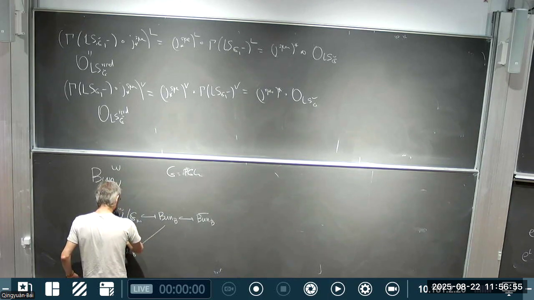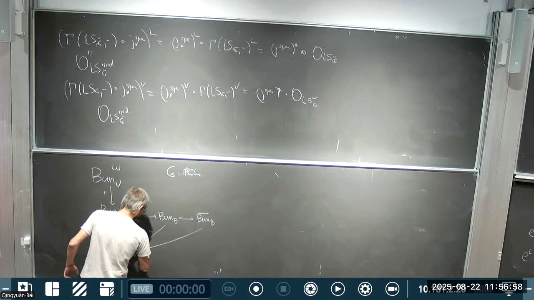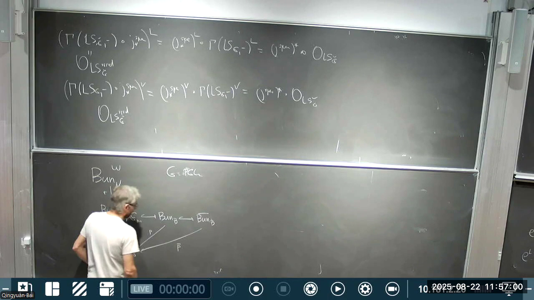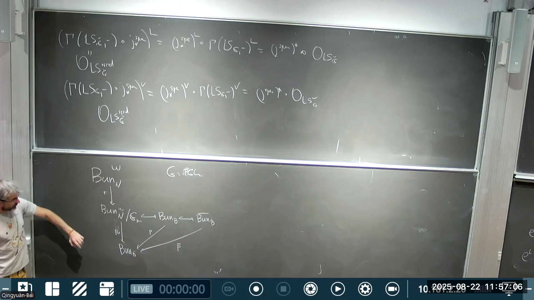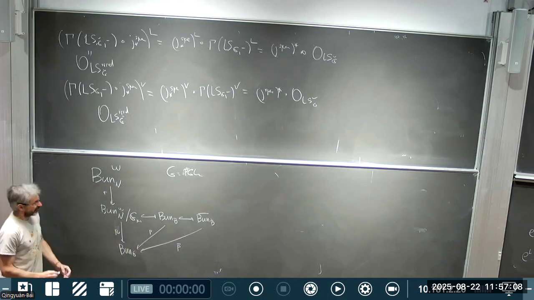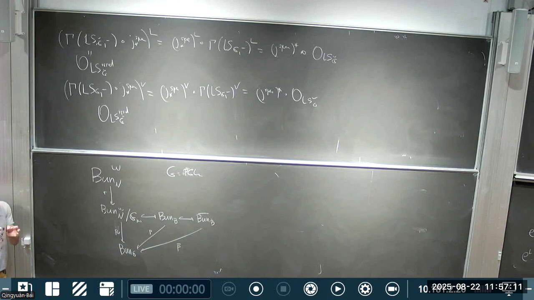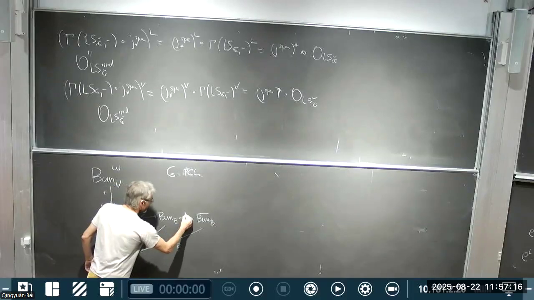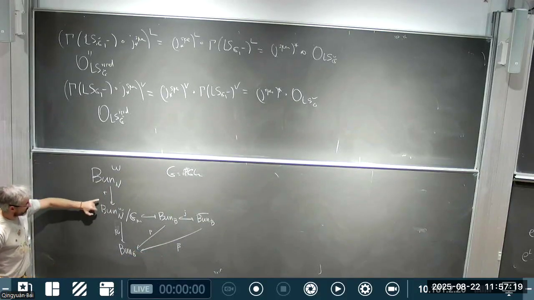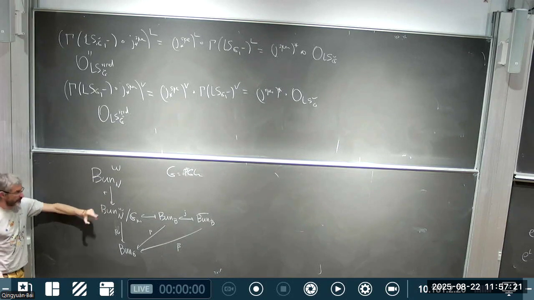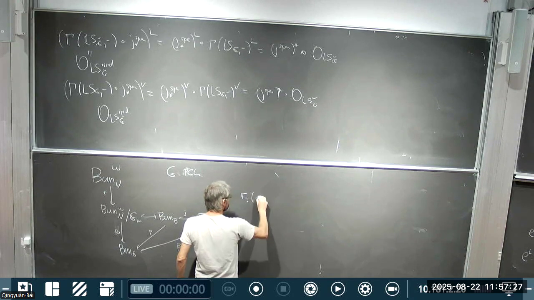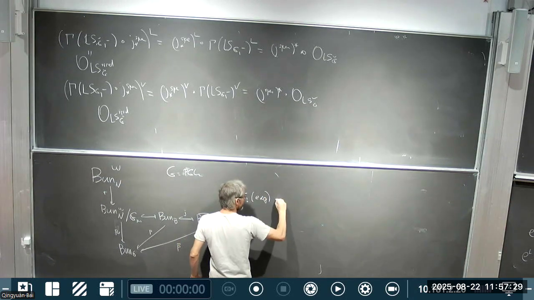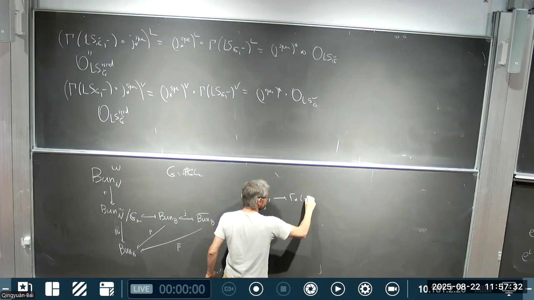Let me call it P from P bar. So P bar is proper. So I have to control the difference between shriek and star on. Let me call this J. So two things will happen. This morphism is also not proper. It's fortunately by GM. So I have to control two things. I have to control R lower shriek of the exponential, the cone of R lower star of the exponential.